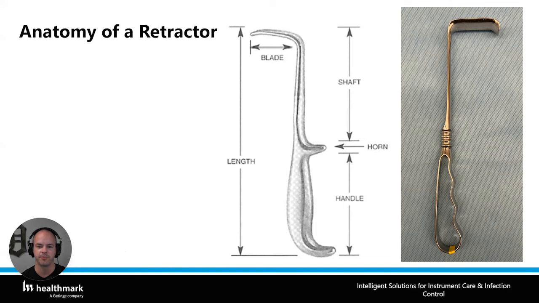And then we have retractor type instruments like you see here. We have the retractor blade up here. We have the overall length here. We have the shaft right here. This is referred to as a horn, but it helps when it comes to gripping the retractor, especially throughout a procedure. And then this whole handle here. And this is just a variation of a similar retractor. I believe these are both variations of Richardson retractors, just with a different type of handle. All right,